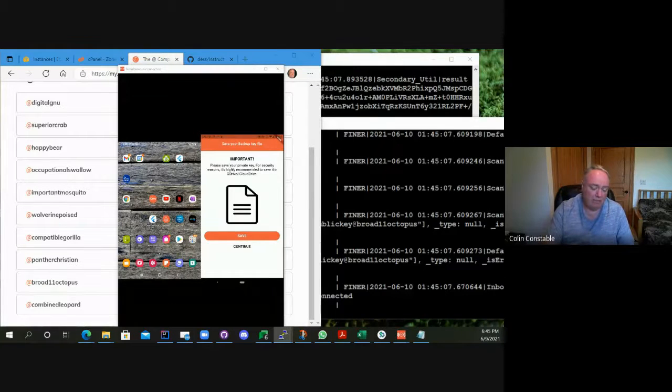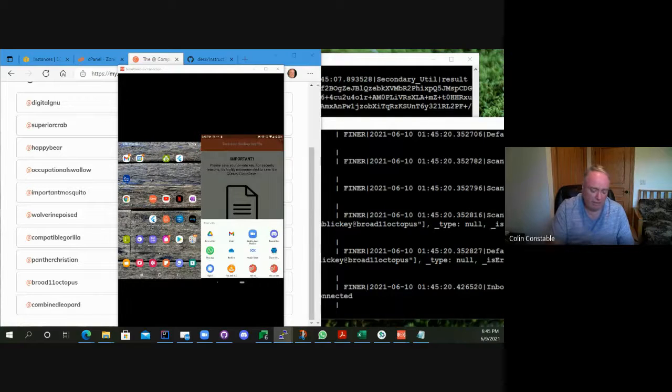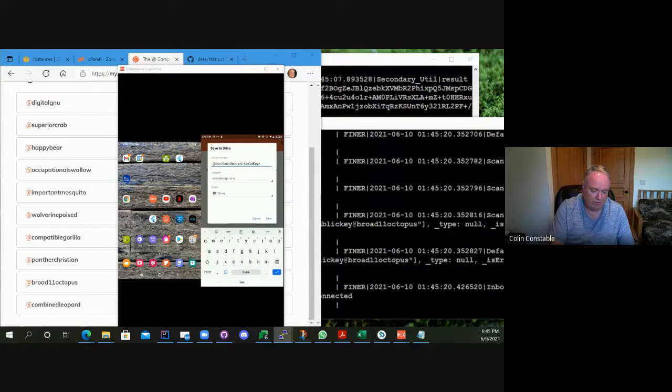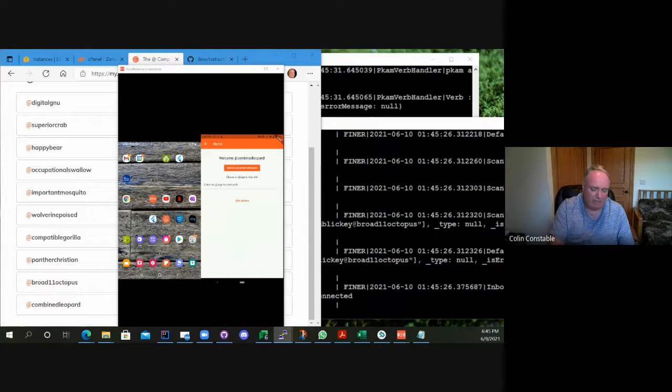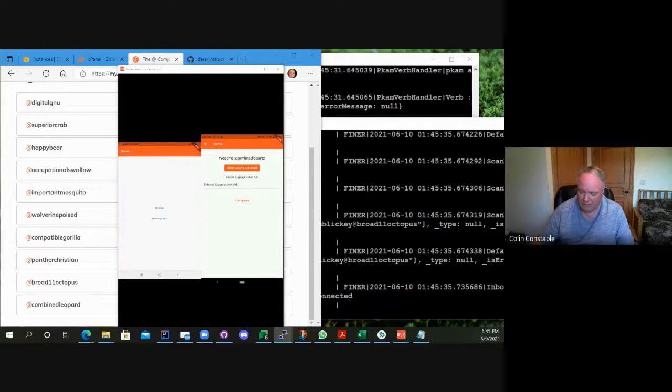So these are keys that are cut on my phone, and I'm actually going to save them to my phone as well now. So I'm going to hit save. It's going to ask me where to save them. I'm going to save them to my G drive because that seems like a reasonable idea. And in my keys folder, so hit save. And then we can hit continue. All right, so this is our chat app. It's a really simple widget. It's going to ask me who I want to talk to. But let's fire up the other machine and get the other one up and running.